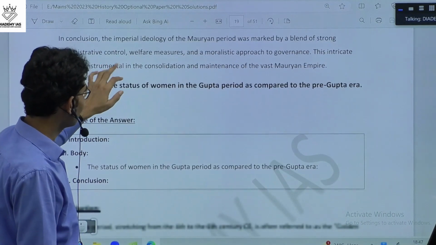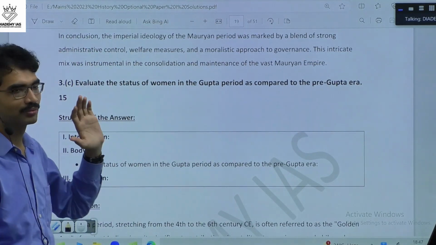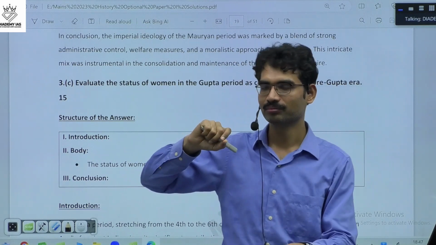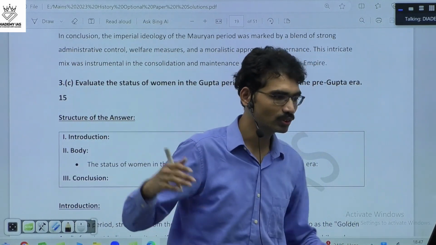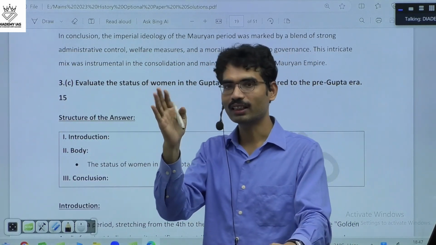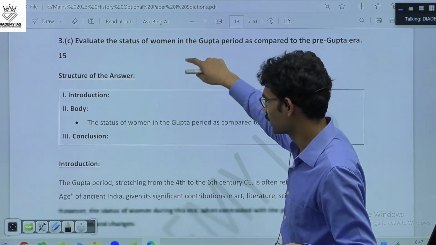Next, evaluate the status of women in the Gupta period as compared to the pre-Gupta era. The question appears to cover a very big time period. Pre-Gupta means since the Vedic time period, you have to talk about the conditions of women. But if you organize, it becomes very easy. Suppose you see this: